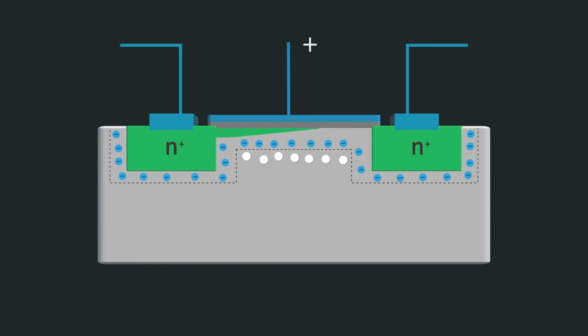However, as the gate voltage continues to increase, increasing the electric field, and finally passes the threshold voltage, electrons from the source and drain flow in and form an inversion layer of electrons that connects the source and drain regions. Now that they're connected, if a voltage is applied across the source and drain, a current will flow. The MOSFET is now operating in a linear or triode region.